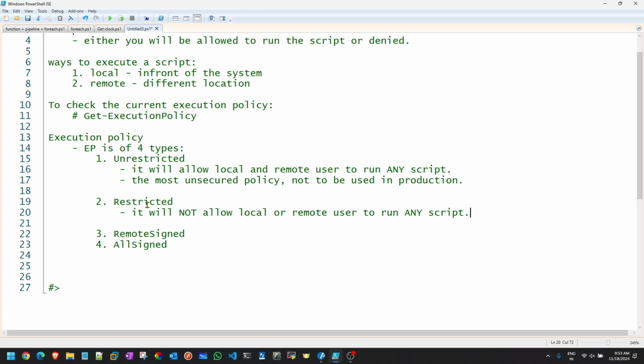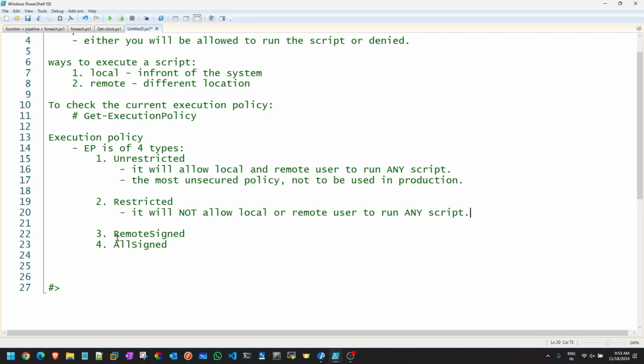No matter what you do, either you are local user sitting in front of the machine or connected remotely, in both the cases, it won't allow you to run anything. You can call it the most secured way, but the problem will be you'll not be able to run any script. Even if it is a legal script, even if it is a required script, then also you can't run it.